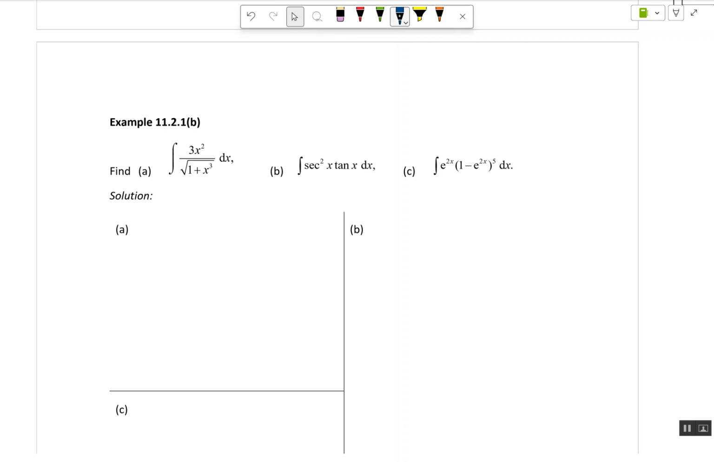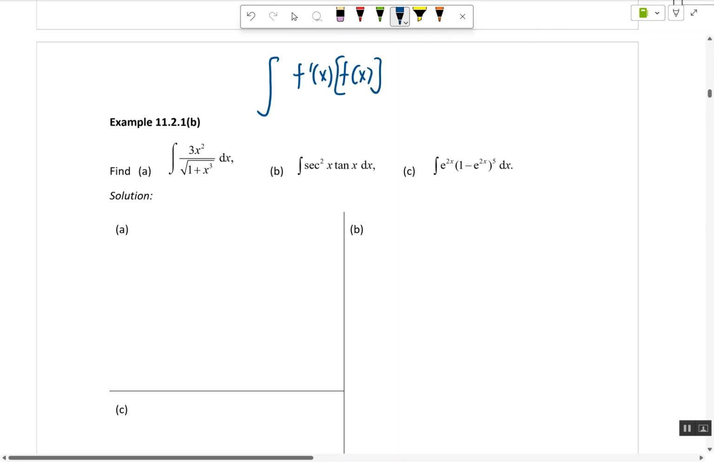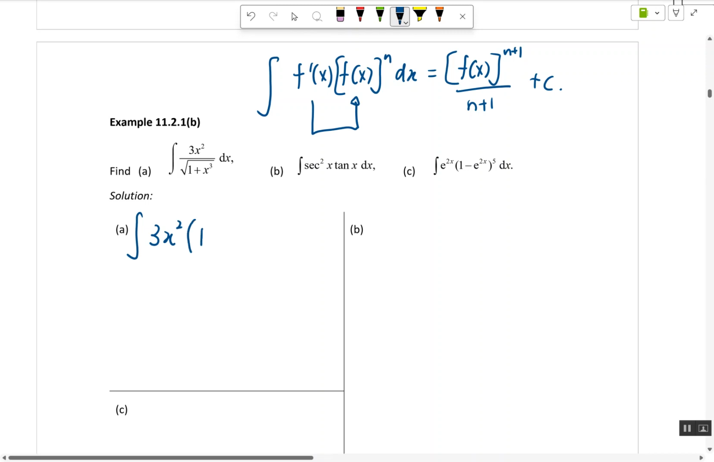Here are three ways we can apply the integral of f prime x, f x to the power of n, to these three questions. This is equal to f x to the power of n plus 1 over n plus 1, plus c. First, you have to make sure that it's a product. So in this case, I make sure this is 3x squared multiplied by 1 plus x cubed to the power of negative half